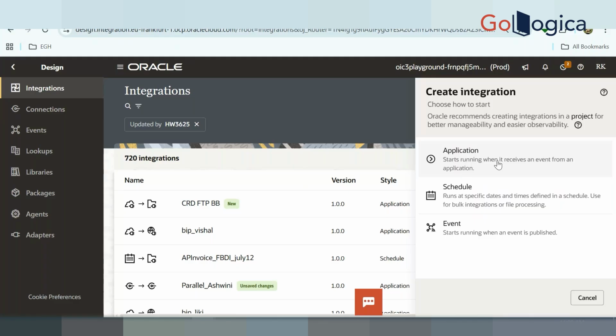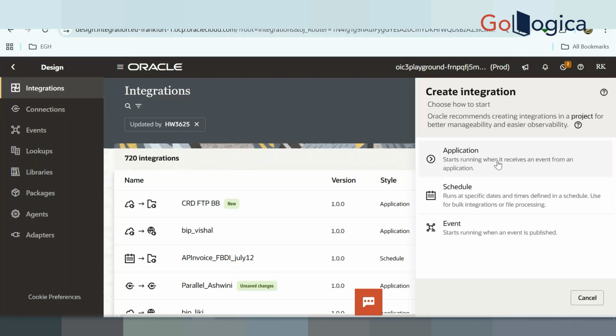So you want to develop a web service. At that time, your integration starts with your connection, and you can go with a trigger.